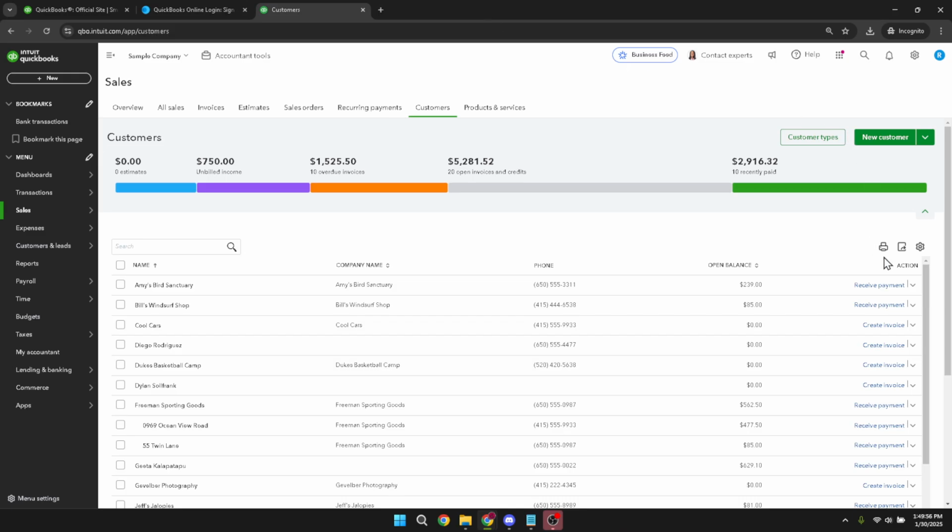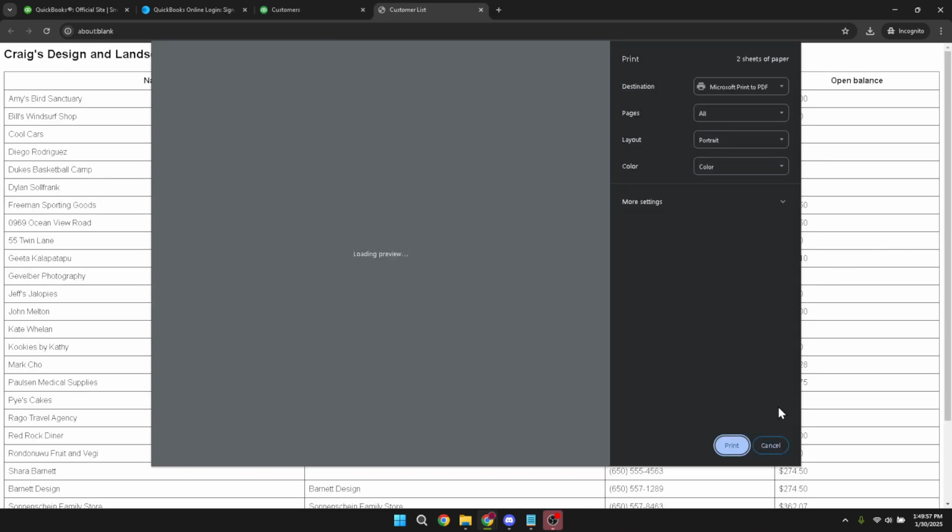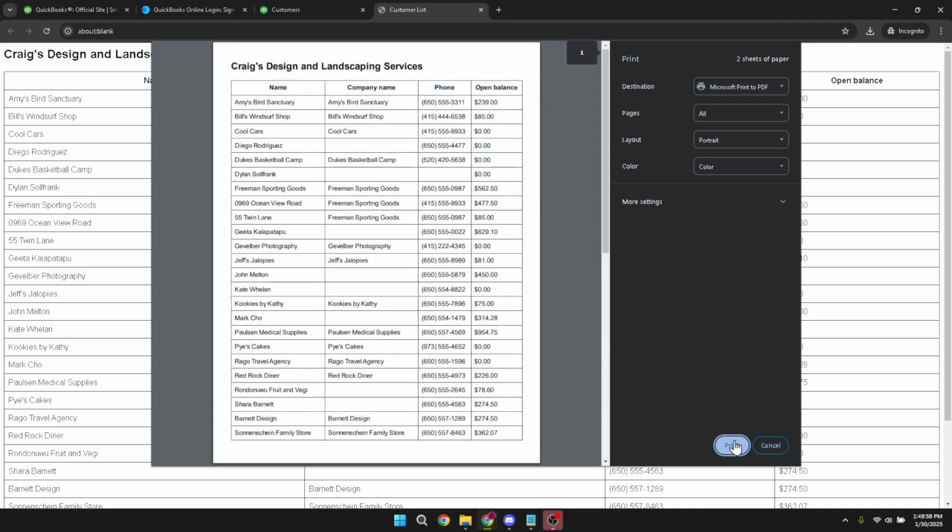Congratulations, you've successfully printed your QuickBooks customer list. Keep in mind that organizing and keeping physical copies of your customer information can be highly beneficial for your business, whether it's for meetings, audits, or just for backup purposes. If you followed these steps, your customer list should now be neatly arranged and in hand, ready for whatever you need it for. This process is not only quick, but also ensures that you have easy physical access to your customer information whenever you need it.